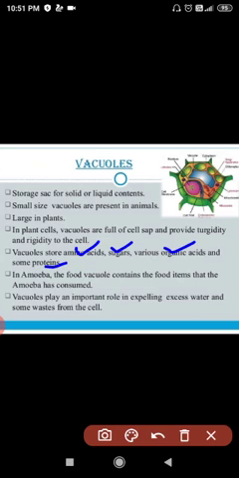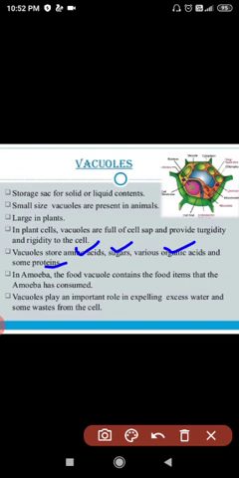If we summarize, we can say that vacuoles are storage sacs of the cell. The stored material may be solid or liquid, food, toxic metabolic byproducts or end products of the cell. In some unicellular organisms, specialized vacuoles maintain the water balance of the body, which is known as osmoregulation. Maintenance of water is called osmoregulation. And in plants, they provide turgidity and rigidity to the cell. So these are the three main functions of vacuoles.